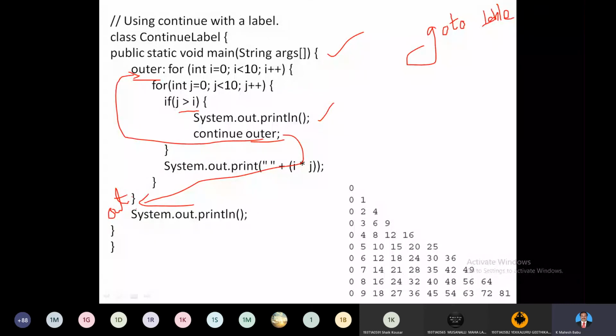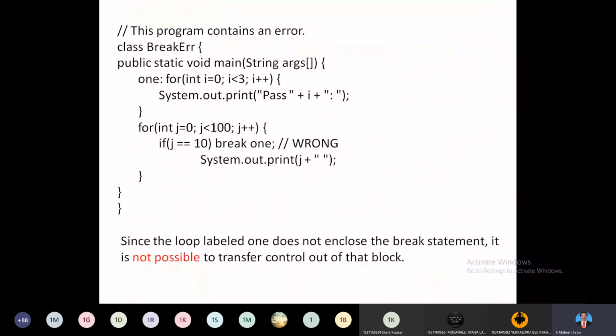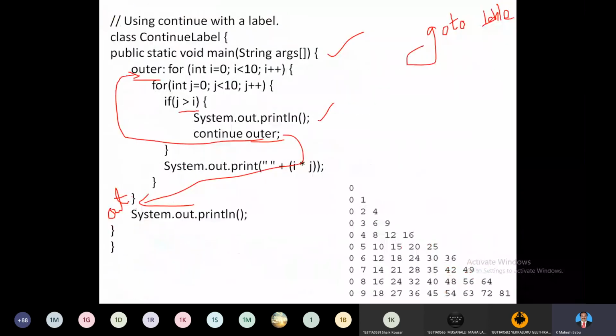We have two types of jump statements: conditional jump and unconditional jump. In a conditional jump, as in the previous program, say for example if i is equal to 0, you break the loop, right? If i equals 0, we continue the loop, or you can mention a return statement like that. So these come under conditional representation, but without saying anything, here I am just calling outer by using continue followed by outer. So what happened? It simply moves to the beginning of the program or the end of the program.